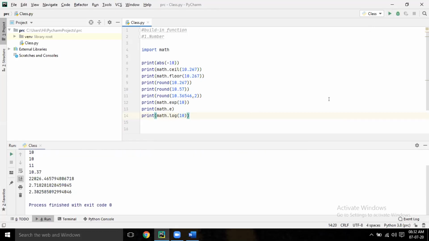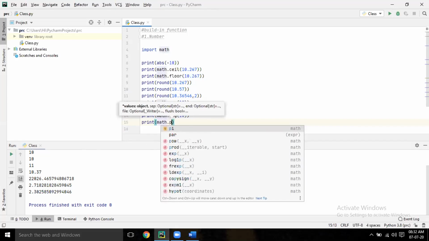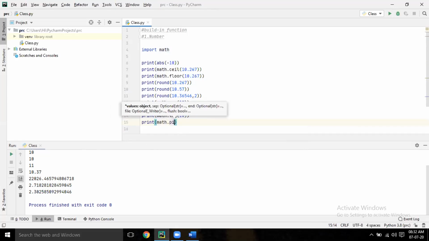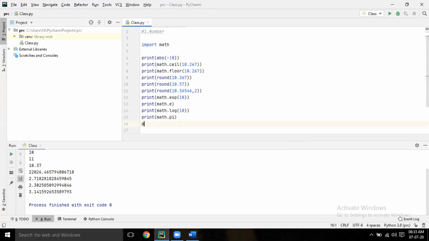So when you are doing any mathematical calculation, you can use it. Next, print math.pi. Run it. It will give the value of pi, 3.14. Okay. Next, print max.